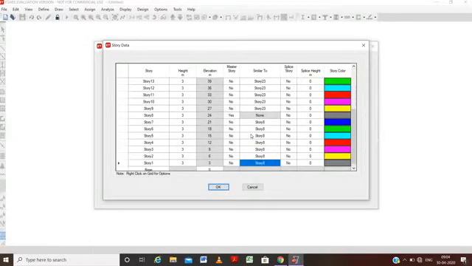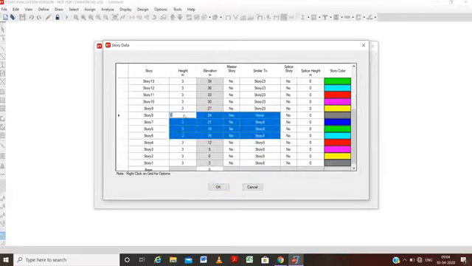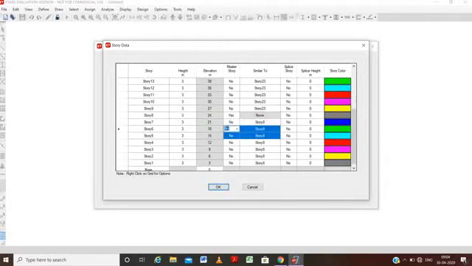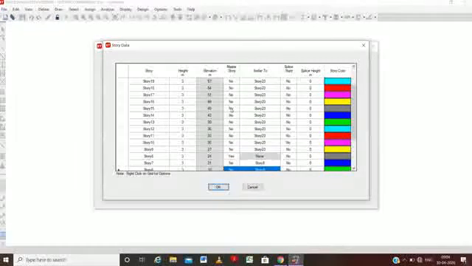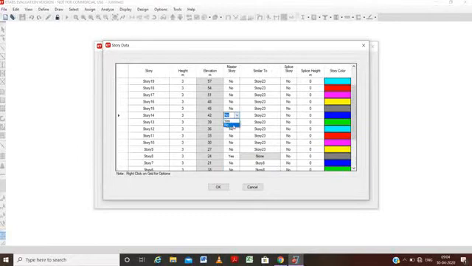The first set of stories was from 1 to 8, so we have made 8 the master story. Now the next set is 9 to 14, so we will go to 14 here, make it a master story, and below this all will follow the 14th story similarly. Like this.